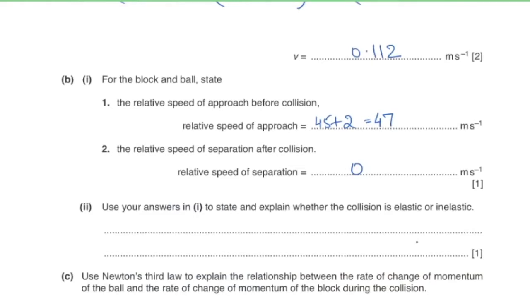So for a collision to be elastic, their relative speed of approach before collision should be equal to relative speed of separation after collision. But since over here the relative speed of approach is not equal to relative speed of separation, I can say that this collision is of an inelastic type. So you can write that the collision is inelastic